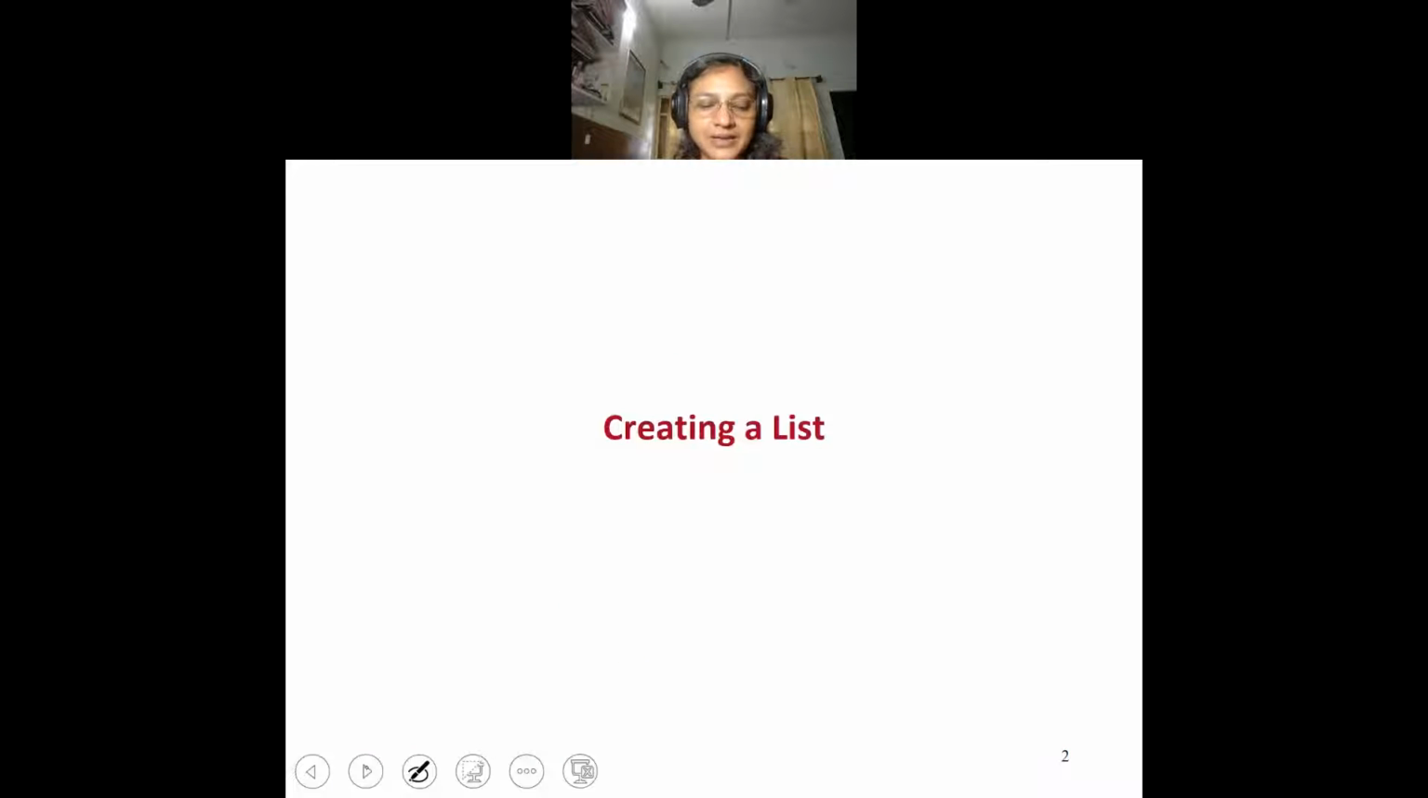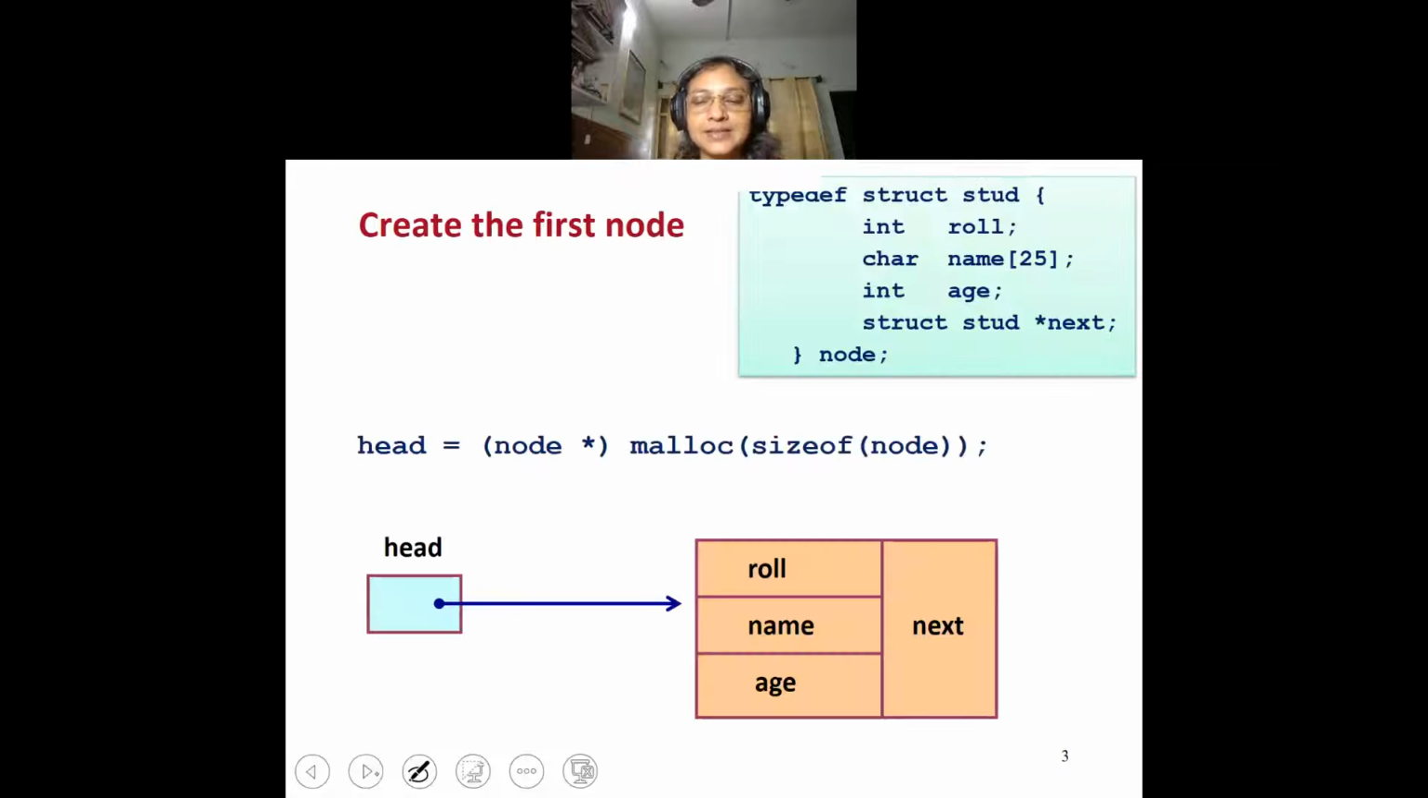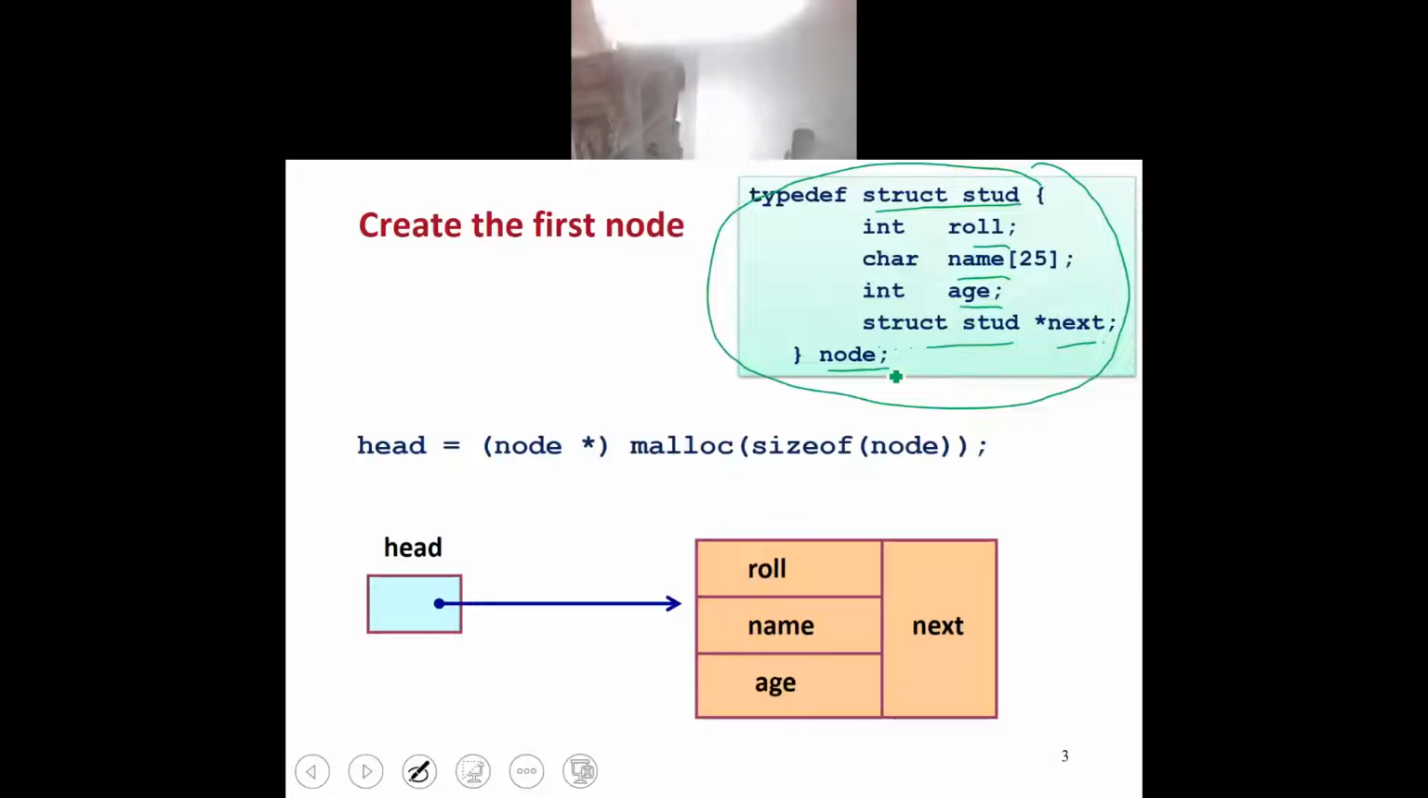So we will look at how we can create a list. To recapitulate, let us assume that this is my structure for a list. We have three data fields: roll, name, and age. And we have a field called next, which is of type pointer to struct stud. We have defined struct stud, and we are calling this type a node. Now, let us say,